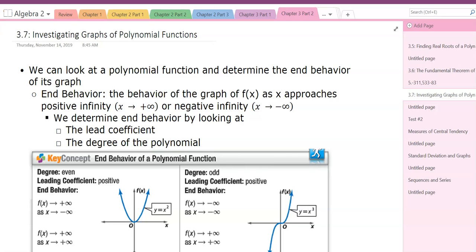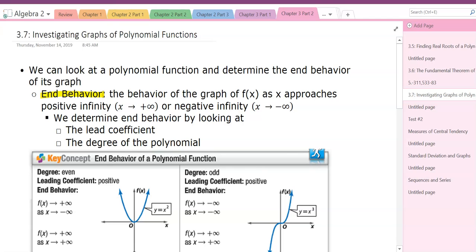So end behavior would be eventually your graph is going to move in a specific direction. It's either going to go up or it's going to go down over time. And so we're trying to figure out what it is going to do based on what its polynomial equation looks like. So end behavior is that thing I was just talking about, the behavior of the graph,